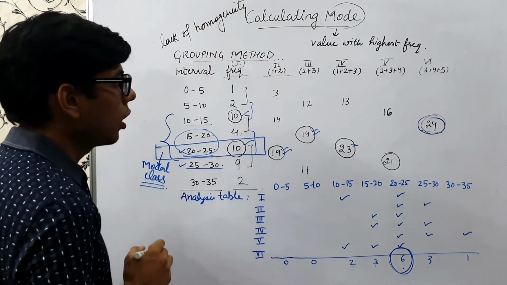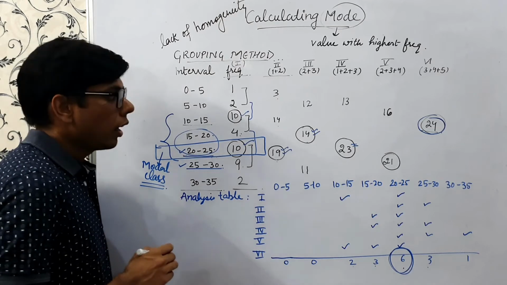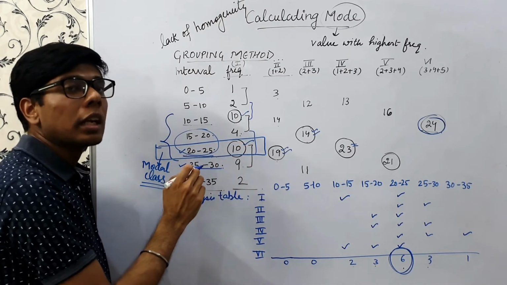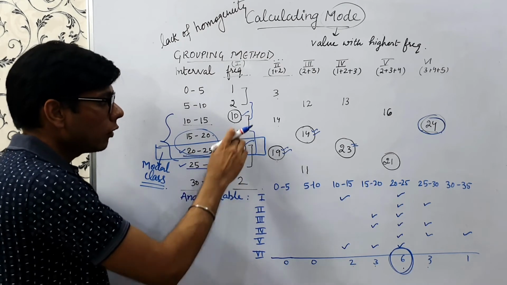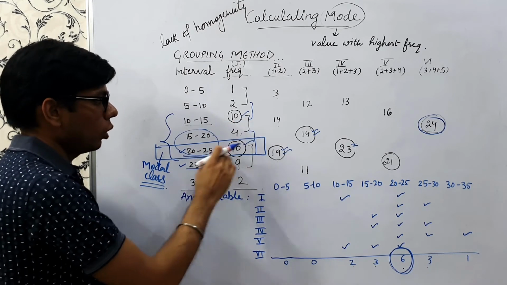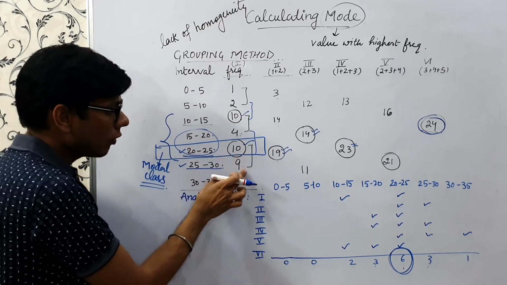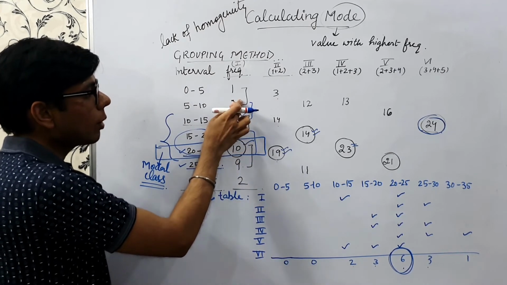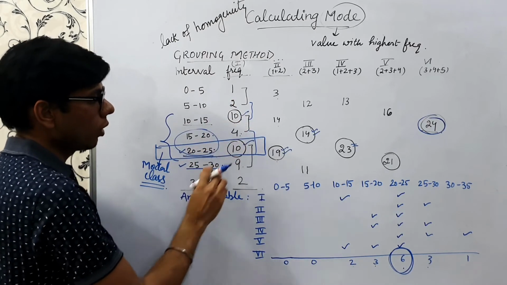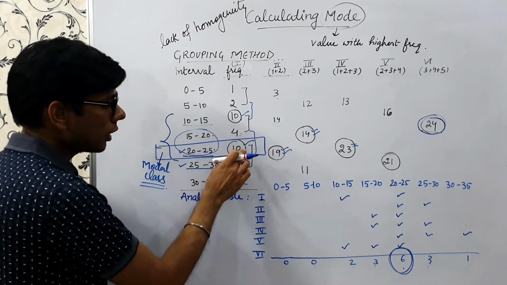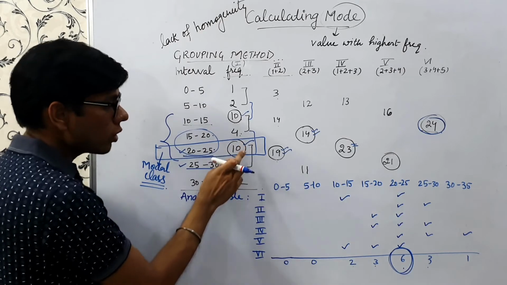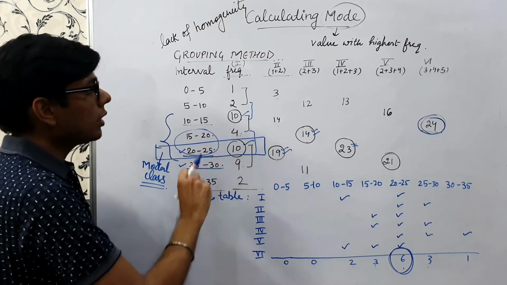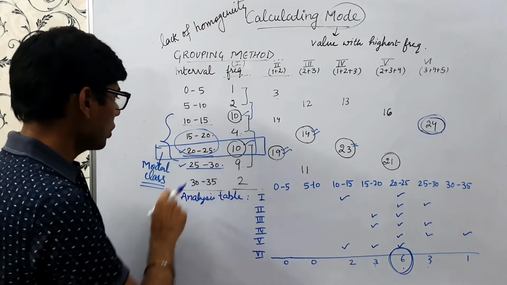So what does the grouping method do? It does not just take the class with the maximum frequency. It also takes into account the frequencies nearby to this class. So if you see here, the frequencies are 9 and 4. And to this, if we see, the nearby frequencies are 2 and 4. So the grouping method gives weightage to this because it has high frequencies nearby, right? So the grouping method takes this factor into account. So this is our modal class.